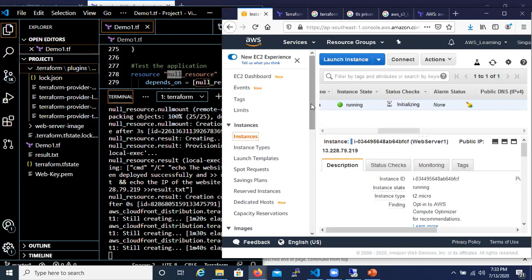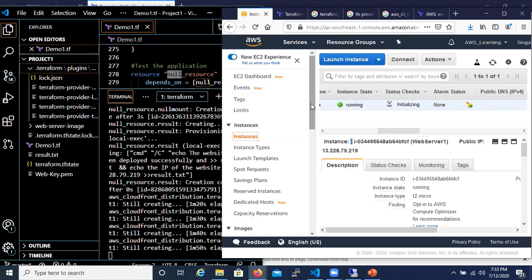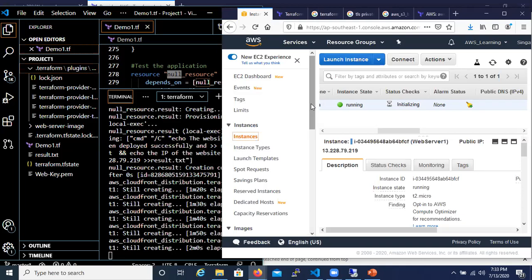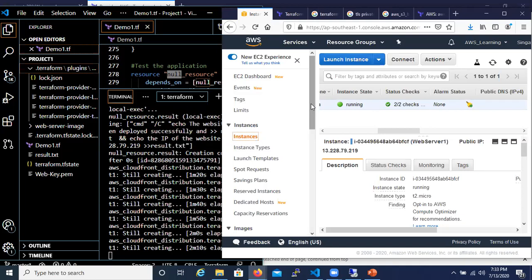So I do not have to do all this part manually. Everything is automatic. I've just written this code. I've spent time in writing this code. I can make use of this code to deploy n number of environments. But think of doing this from a traditional approach perspective. If somebody asks you to create 10 web servers, and you have to do it from scratch manually, think of the effort it takes. The effort to write the code is just your one-time effort, and then you can always improve your code.